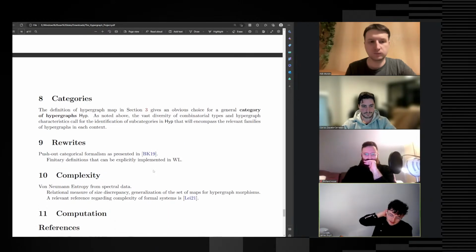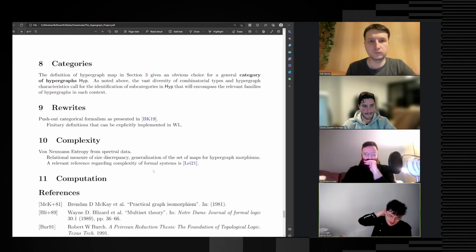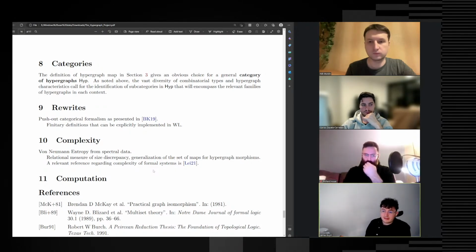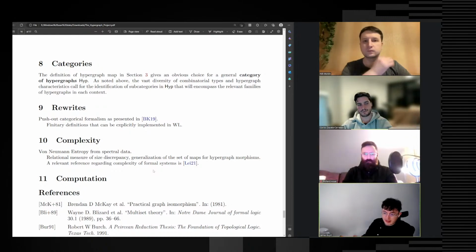There's just one detail: when we have the final report, the section on categories will begin largely as a review, but then we are attaching new data to these categories concerning the complexity involved in passing from one hypergraph to another. Maybe the naming of the section, because this is completely temporary, it's not final at all, is something that we have to define, something that we have to invent, right?